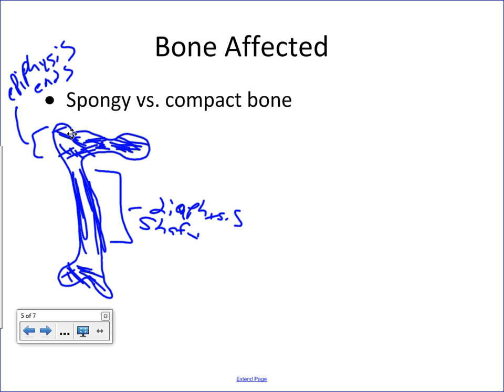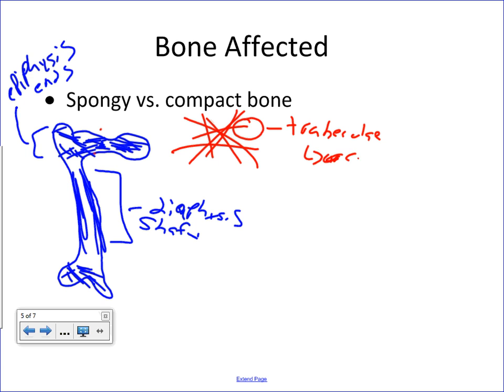People who are aging, again, both of these types of bone are going to thin. Because remember, when you're looking at spongy bone from a histological perspective, you see these little beams, what are called trabeculae, that's compact bone. But you notice that there's a lot of space and pores in between these beams of compact bone. Whereas when you look at the true compact bone within the shaft of the bone,